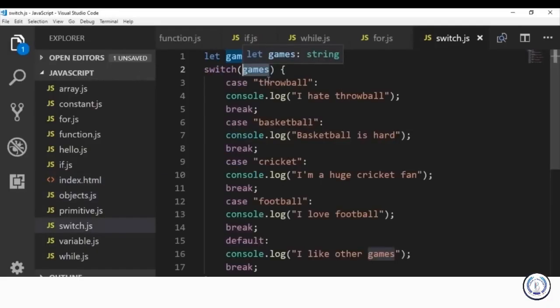Okay, now if I change the value to foosball, okay, let's see what happens. We'll save it. It says "I like other games." Now this was the default statement. Now this default statement is executed whenever this expression does not match with any case. Okay, because I've not given foosball anywhere over here, it executes the default statement. So this is how the switch statement